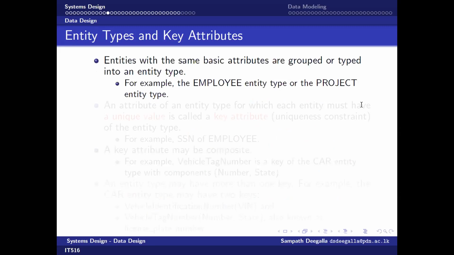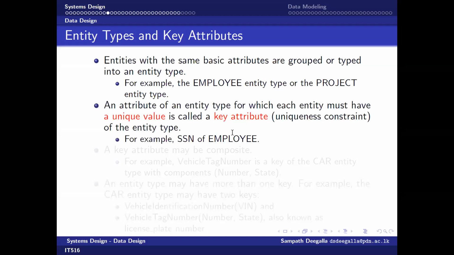Earlier we discussed entities and attributes. Now we are going to talk about entity types. When you put entities together, we call it an entity type. But individuals are what we call entities. For example, employee entity type, project entity type. And then for attributes, for each entity you have to have a unique value. This is sometimes called the uniqueness constraint,